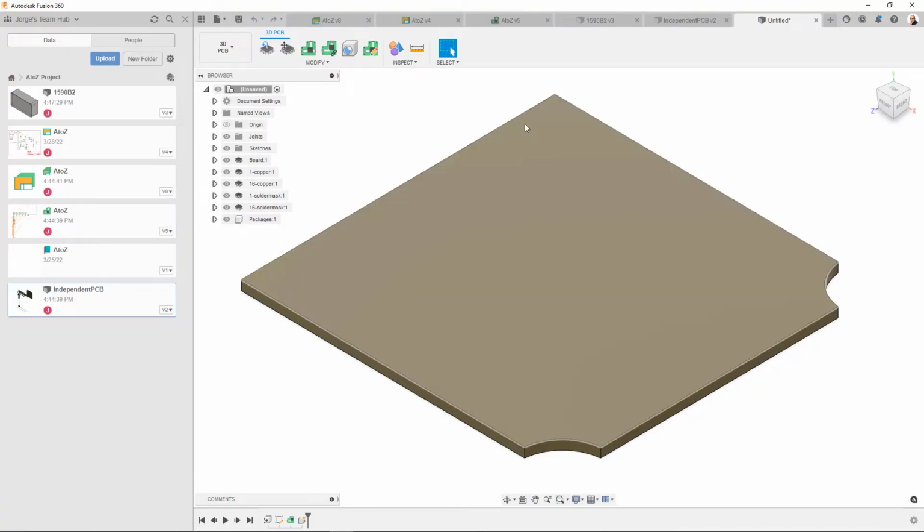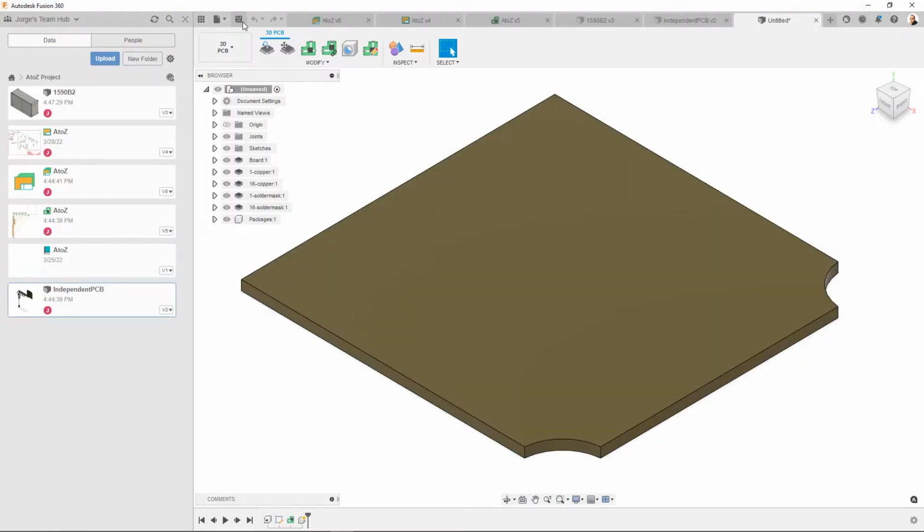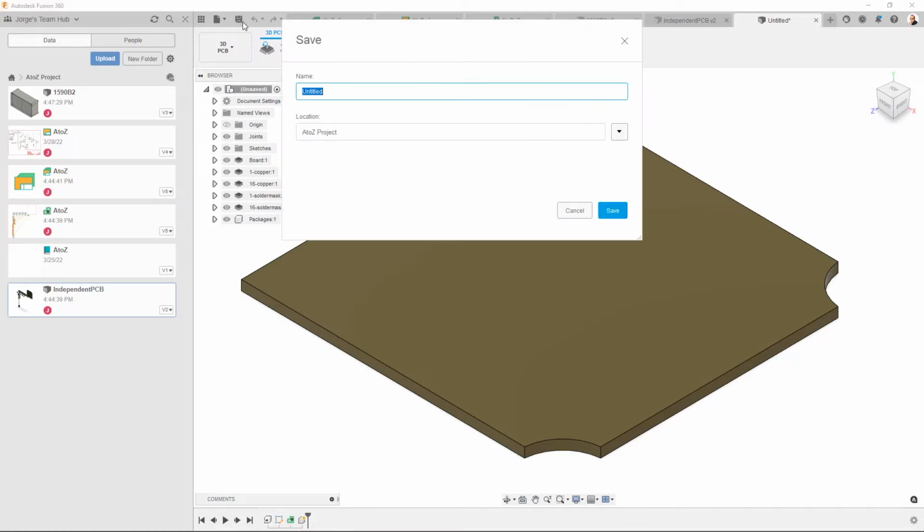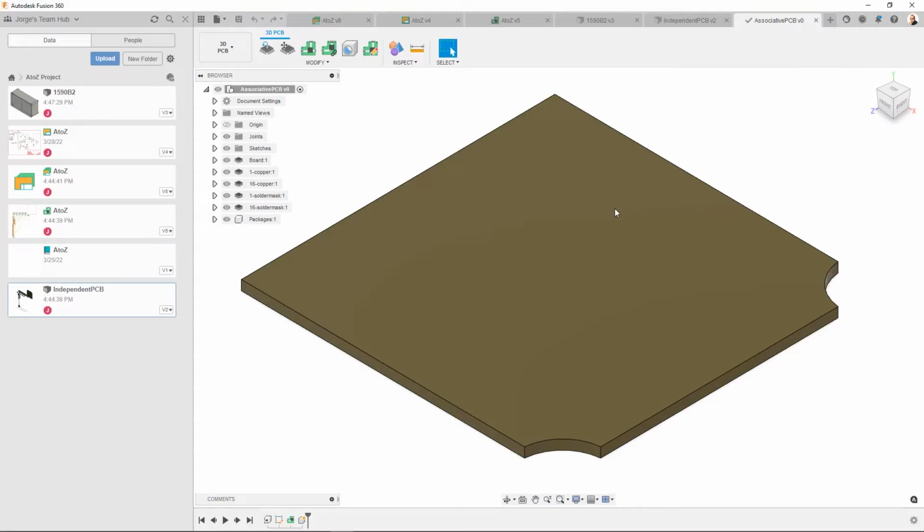I'm going to go ahead and save it. It's not associated yet to the design. I'm going to call this one Associative PCB. Hit save. Okay. Now we have this associative PCB,